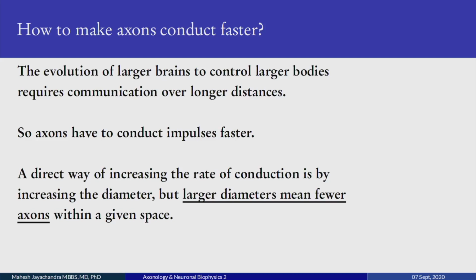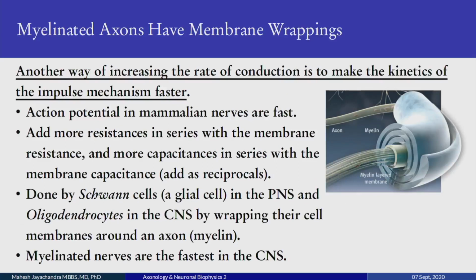So one way to increase axonal conduction is to increase the diameter. But there's a limit. The squid giant axon is probably the axon we know with the maximum diameter. You cannot increase axon diameters indefinitely, because larger diameters mean fewer axons within a given space, and fewer axons means less cognitive processing. So coming back to myelin, one way to increase the rate of conduction is to